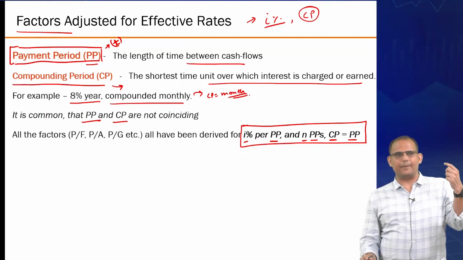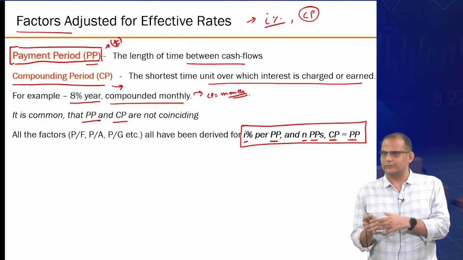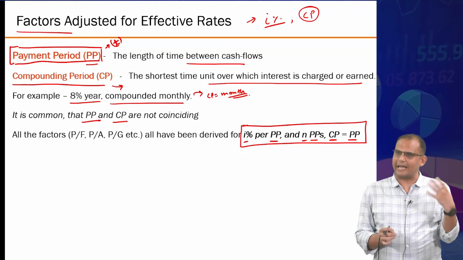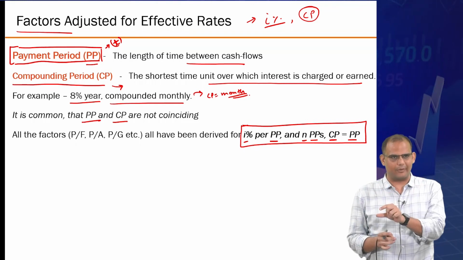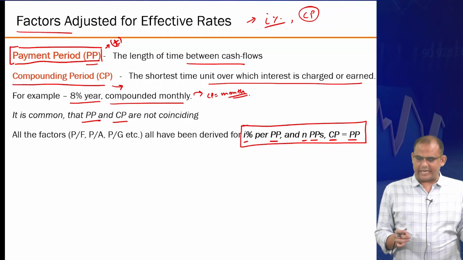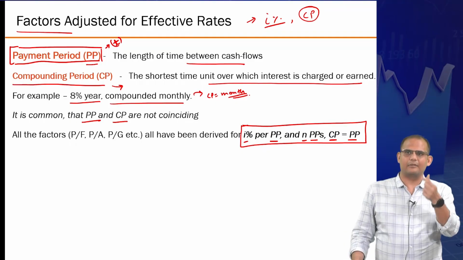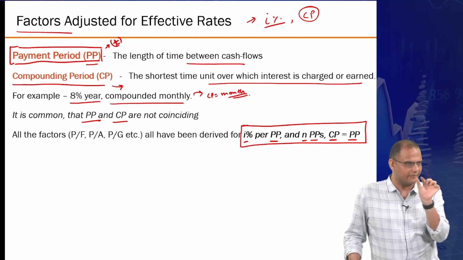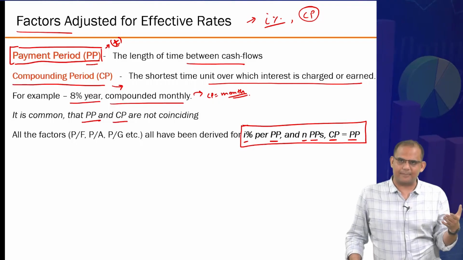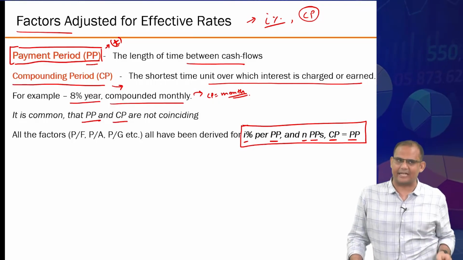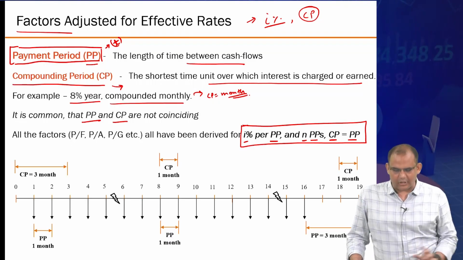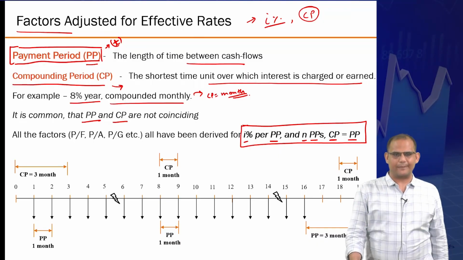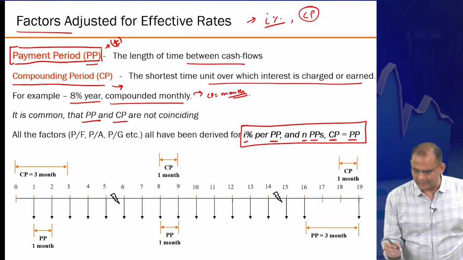If you are talking about future value, the N is the number of years, for example. In that case, I am also giving an annual rate, so you can directly use the formula, right? Whatever A by P ratios you are calculating, so far the rate has been consistent with the unit of period, and the assumption has been that compounding is also matching exactly with the payment period. But this is not the case in the real world, and you can have 3 types of cases to deal with. So on the left hand side here,